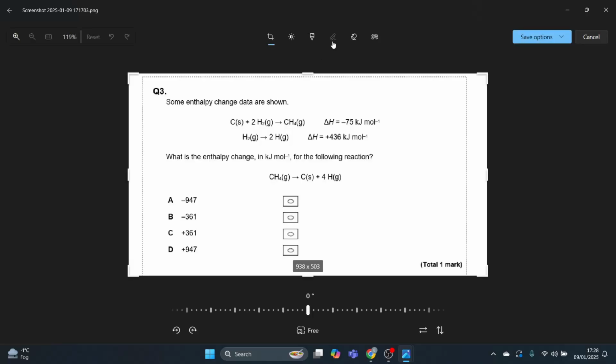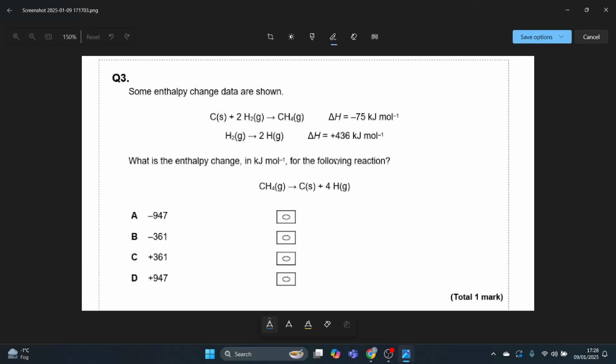Question 3. Some enthalpy change data are shown. What is the enthalpy change in kilojoules per mole to the power minus 1 for the following reaction? To solve this question, we're going to have to use enthalpy changes to calculate the enthalpy change for this reaction. What we can do is reverse reaction 1. So reaction 1 becomes CH4 gas arrow C solid plus 2H2 gas. And because we reversed it, we reversed the delta H, so therefore it's going to be positive